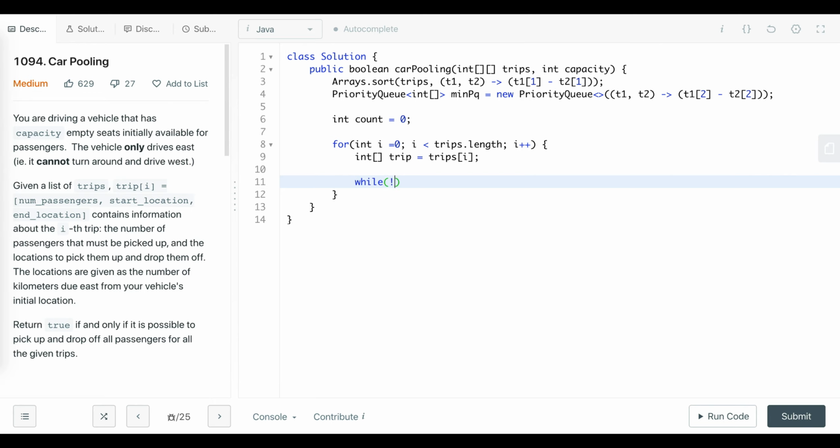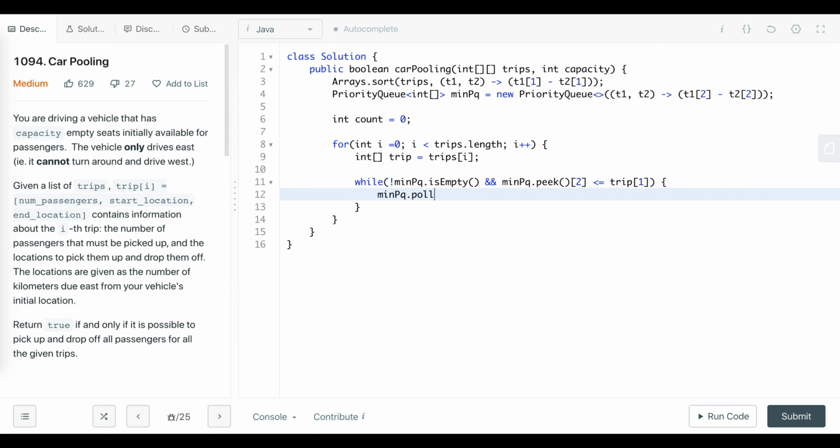So while the minimum priority queue is not empty and my minimum priority queue top, which can be obtained by peek, has its ending location less than or equal to my current trip's starting location, just remove it. So minimum priority queue dot poll. And when we are removing, we need to reduce the count variable also. So let me do that. Count equal to count minus the removed trip's passengers. So we have removed all the ended trips.